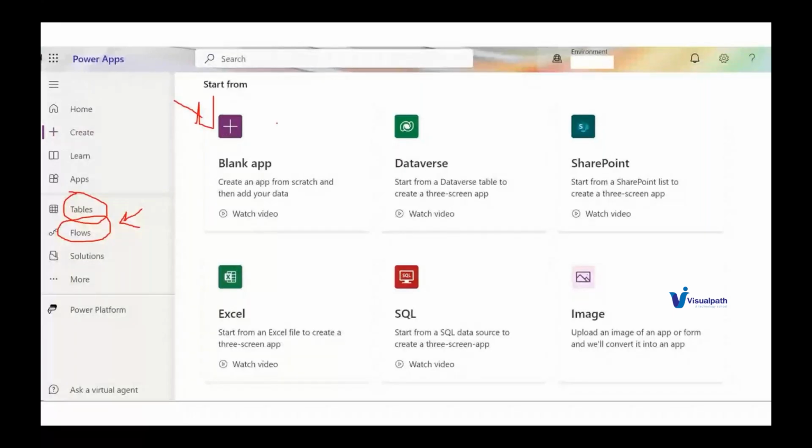One is your model driven app, and another is canvas apps, right? Model driven apps are basically the apps that are more intuitive towards data, so you can see the Dataverse here, right? If you want to see examples of creating your own apps, you can have a student account, and then you can go and make your hands dirty.